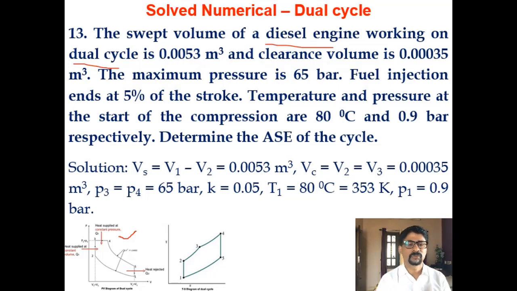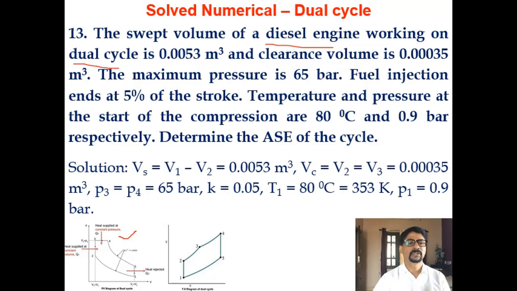The TS diagram shows that 1 to 2 is isentropic compression and 4 to 5 is isentropic expansion, so it doesn't give any idea about 2 to 3, 3 to 4 and 5 to 1. But both together give a clear-cut picture of all the processes. The isentropic processes 1 to 2 and 4 to 5, which you can't make out from the PV diagram, you can easily make out from the TS diagram. You can see S1 is equal to S2 during the process 1 to 2. So 1 to 2 is isentropic compression, and 4 to 5 similarly is isentropic expansion.